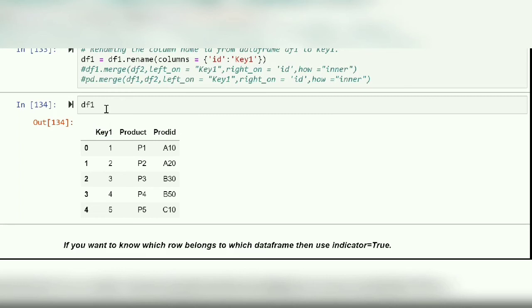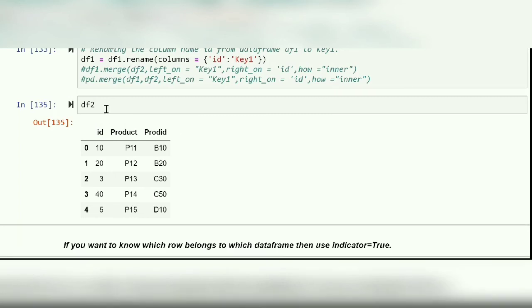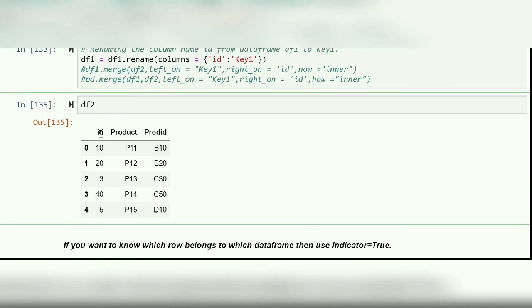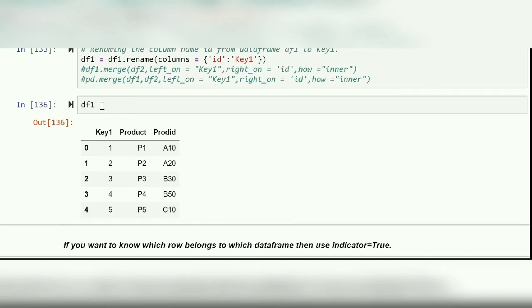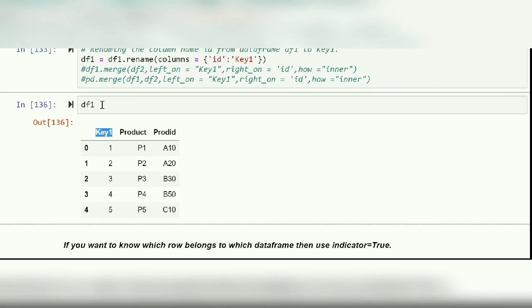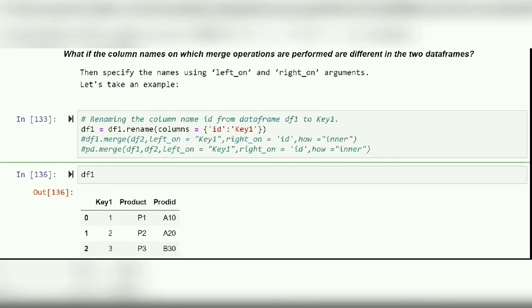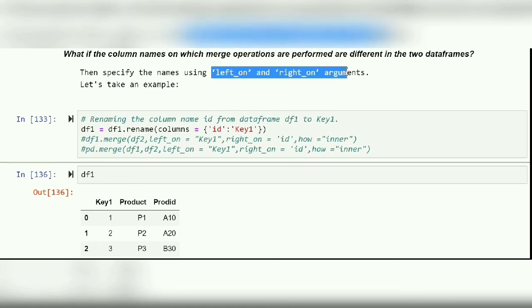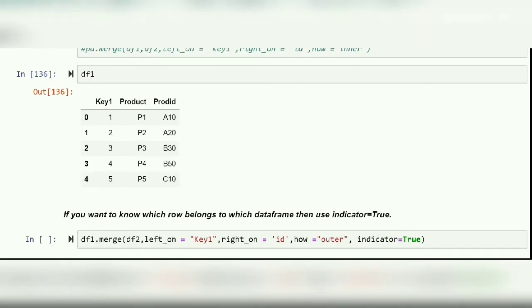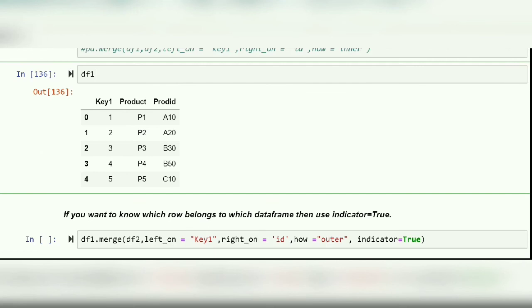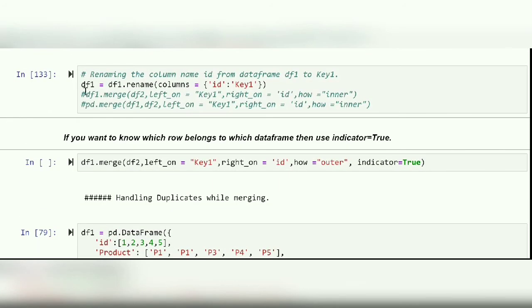Now I want to combine these data frames, df1 and df2, on the basis of this ID and this key column. How should I do that? Because I have a single on condition, how should I mention two columns there? For that, we have the left_on and right_on arguments.